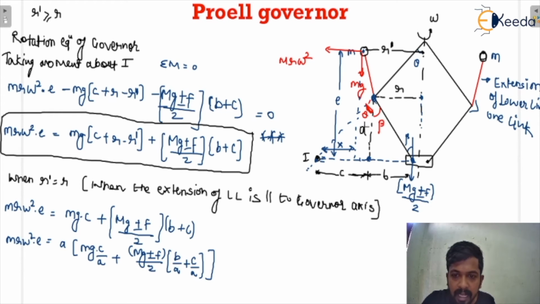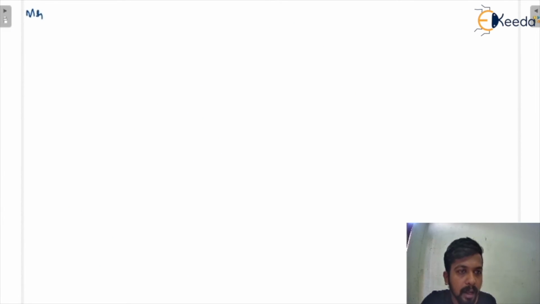Tan theta is equal to c by a, and here when you see tan theta, that would be r by h, because h is measured from the point of intersection to the center of rotation. We measured r and h like that. So tan theta is equal to r by h. So I'm writing here c by a is equal to r by h, because c by a is equal to tan theta and tan theta is equal to r by h. I'm writing it on the next page. So here we are getting m r omega square.